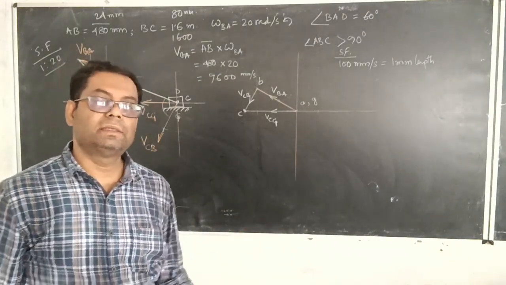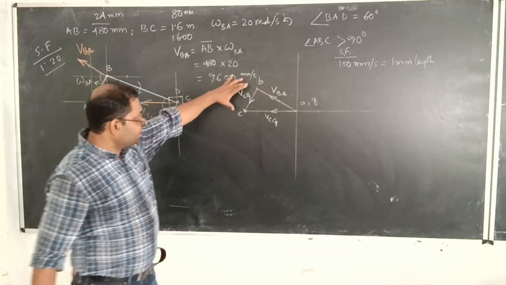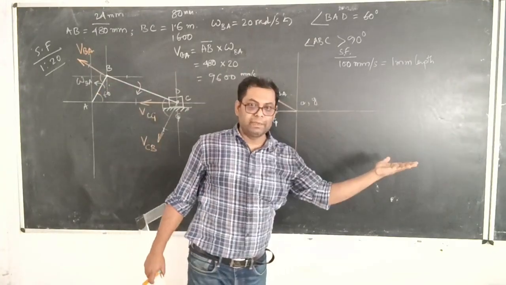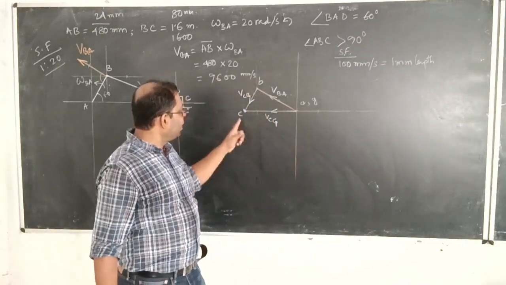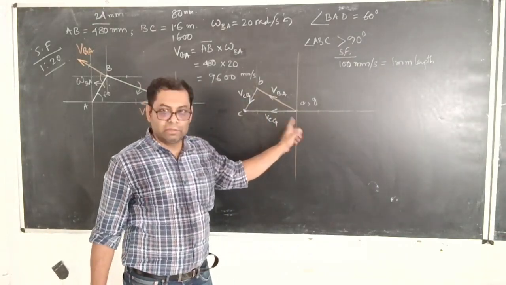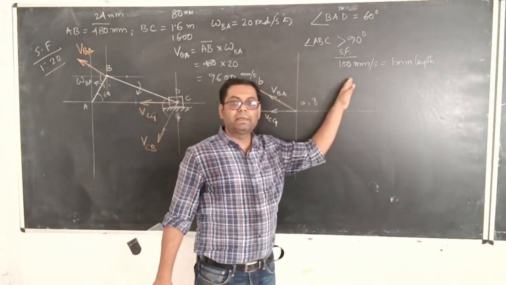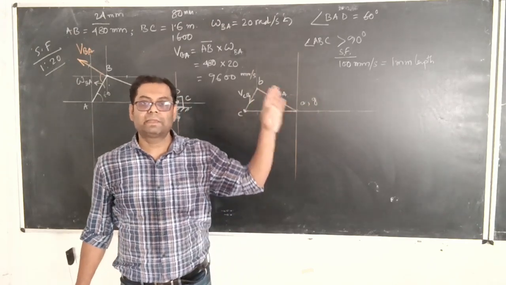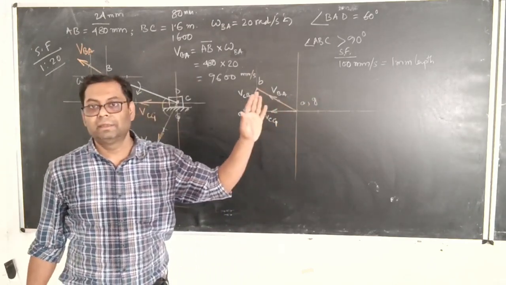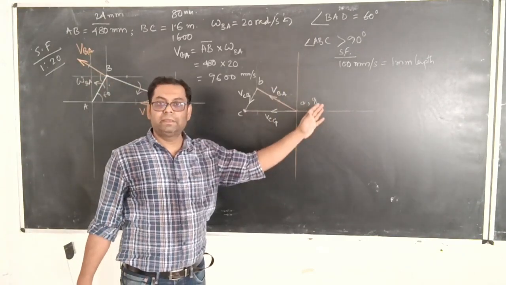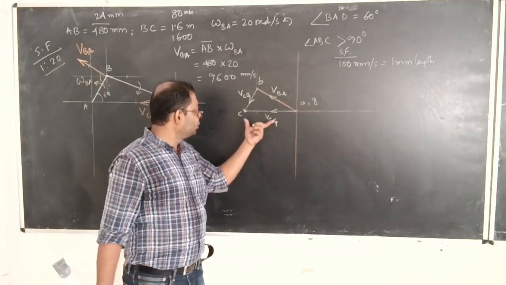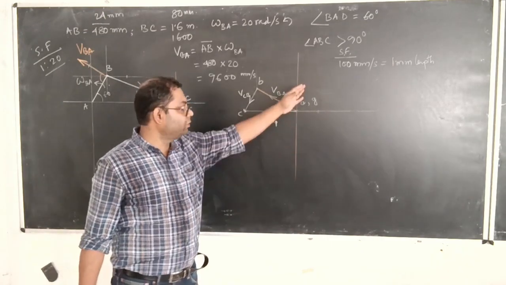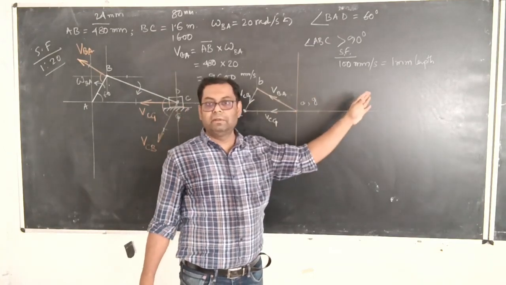Now the next method is simple. You measure this length and multiply with 100. You will get the actual value of velocity. Again, you measure this length using your scale and multiply with 100. Because in this particular problem, our scaling factor is 1:100. So that is why we are going to multiply it with 100. So the length in millimeter multiplied by 100, you are going to get the actual velocity value in millimeter